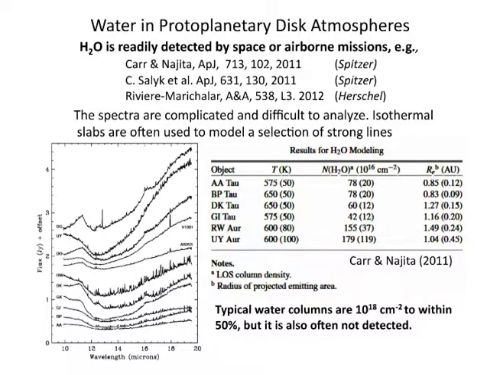There's now extensive evidence that, except for some special reasons about the disk itself or the source itself, water is easy to detect in T-Tauri star disks. And the Spitzer results show a whole bunch of those spectra. And the table here shows the results of a modeling of the observations by Carr and Najita